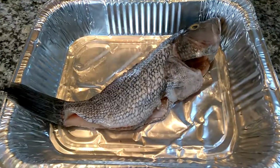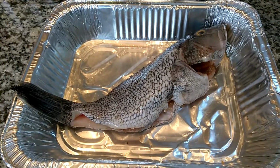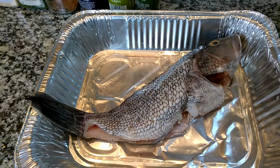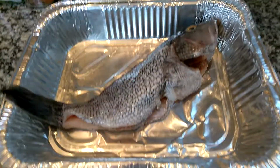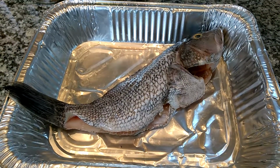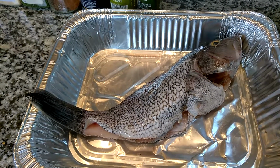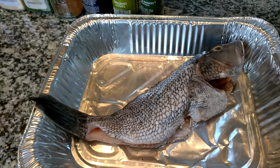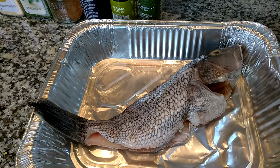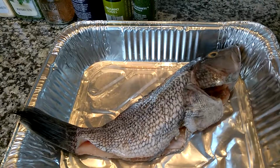Yes, oh my god, on the menu again, fish. We can't get enough of it in the summer. This is a beautiful sea bass and it came out of the waters of New England. And what we're going to do with this today is bake it, a proper bake, so that your fish does not come out soggy. It doesn't come out dry. It will come out just perfect with a bouquet of spices